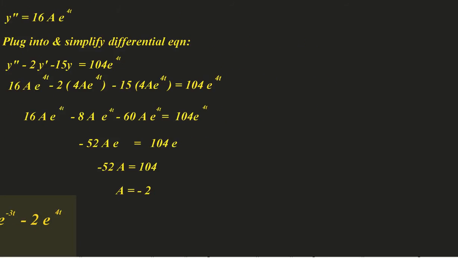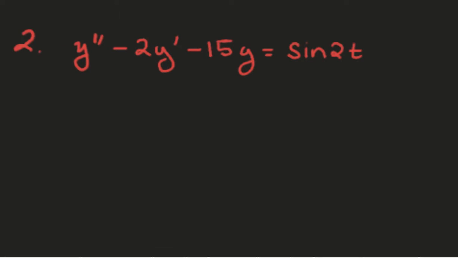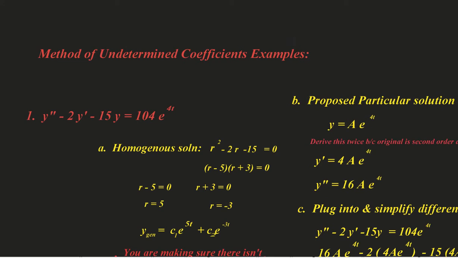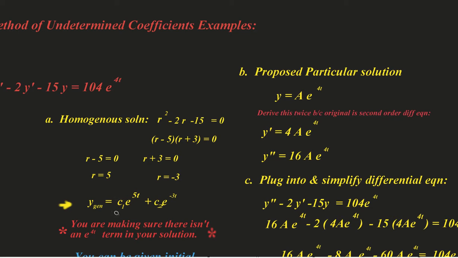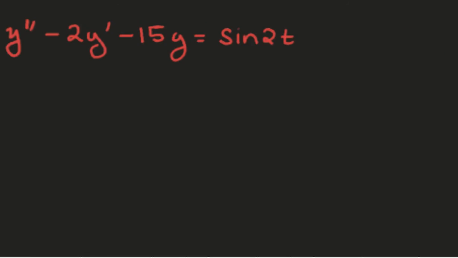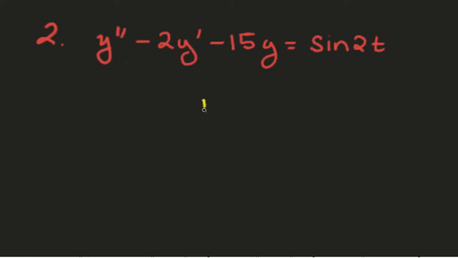So let's look at this example here. Notice I've chosen the same differential equation because I don't want to focus on finding the homogeneous solution, so it's going to be this one here. Given that, we know that your particular solution, because it's in the form of a sine, is not going to have a repeat, which it shouldn't. That's not what the concept of this video is. It's to illustrate to you how your proposed particular solution would be